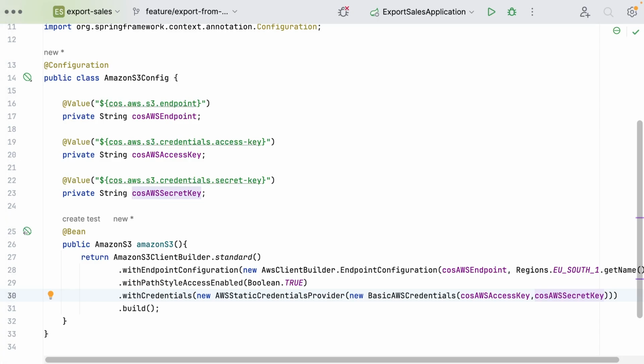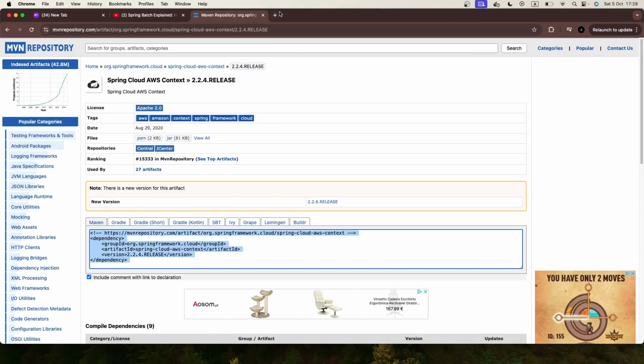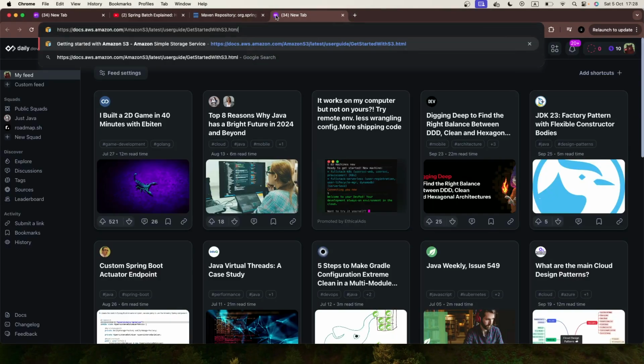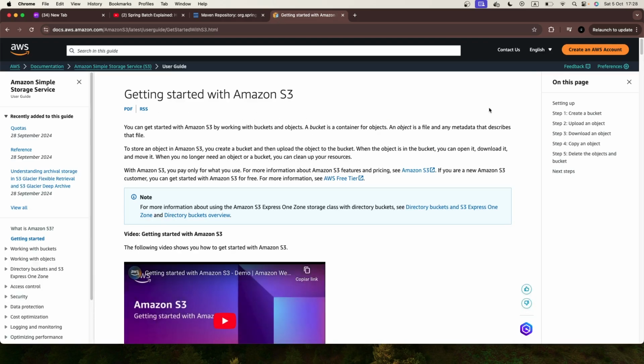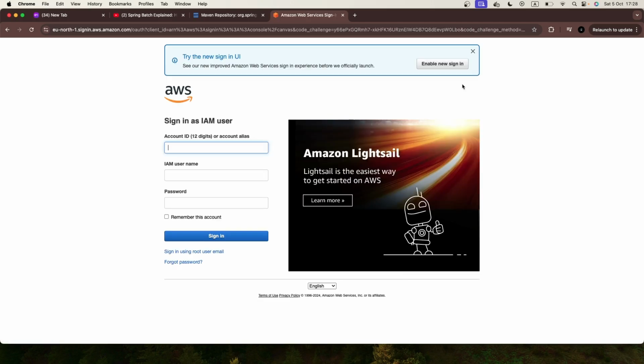So now that we have here our AWS client, right? Now we need to get our access key and secret key and so on, right? So this is where we need to go to our, let's say, browser. Let's type AWS get started with S3. And this is the place that we are going to start configuring everything. But what I want to tell you guys is that even if we want to just make a proof of concept, a POC, or just try to play with Amazon S3,